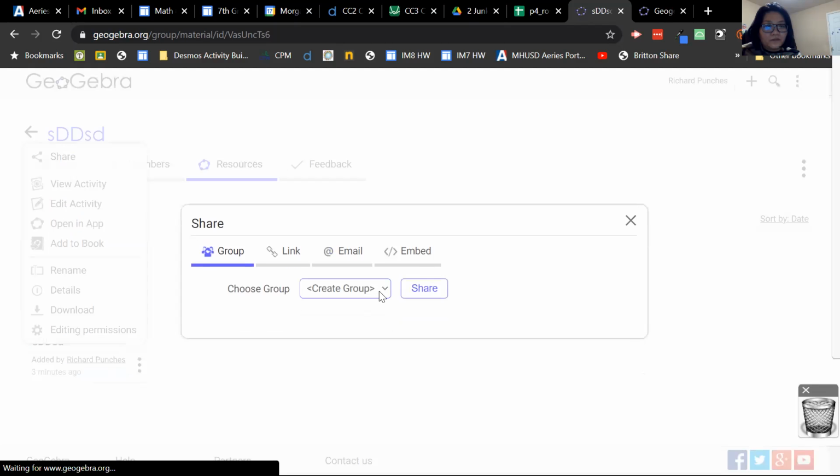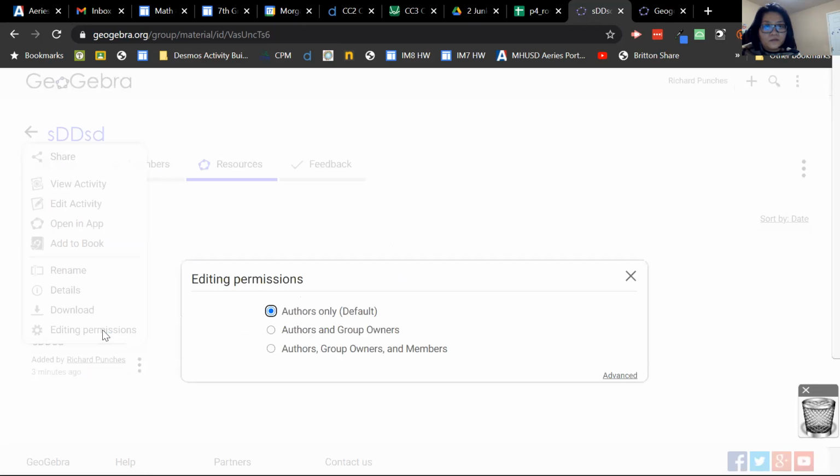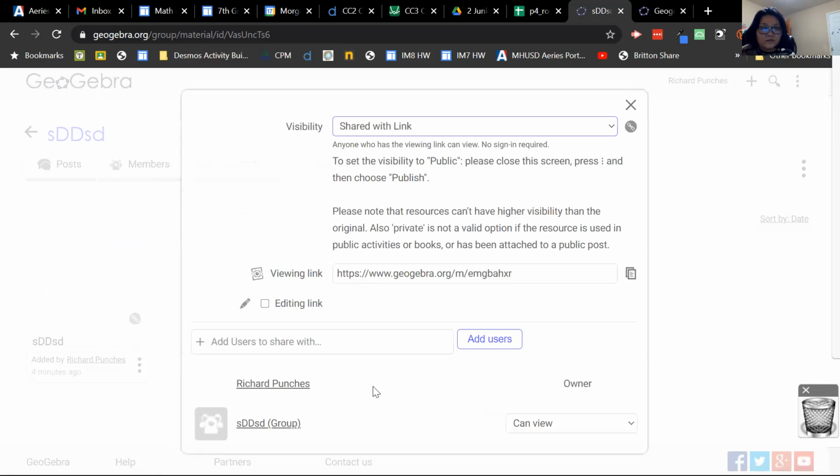Share, is that what I want to do? Share, link, embed, no. Edit permissions. Author, editing permissions. Author only, author and group authors, authors, group owners, and members. Group owners, wait, authors only, authors. So I can make this so that it is